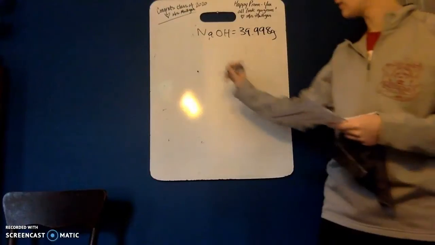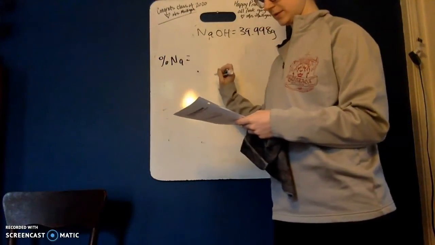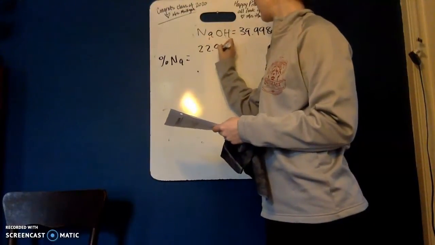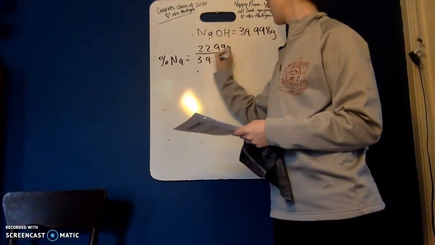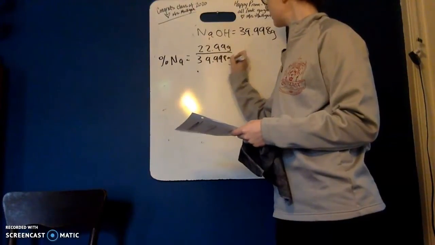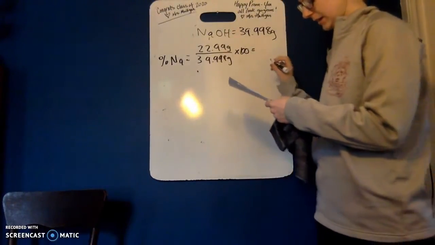For the percent of sodium, Na, take the molar mass of sodium, 22.99 grams, divide by the total molar mass of 39.998 grams, multiply by 100, and I get